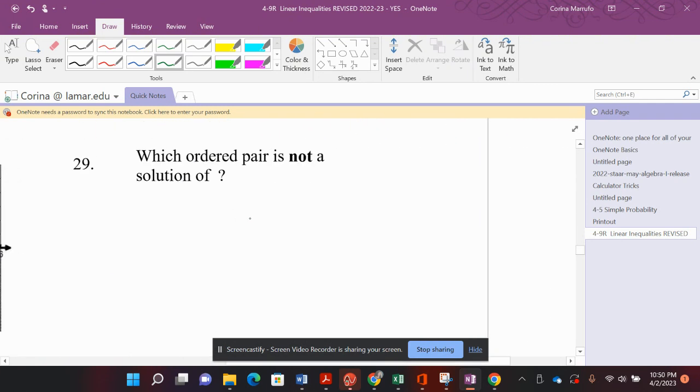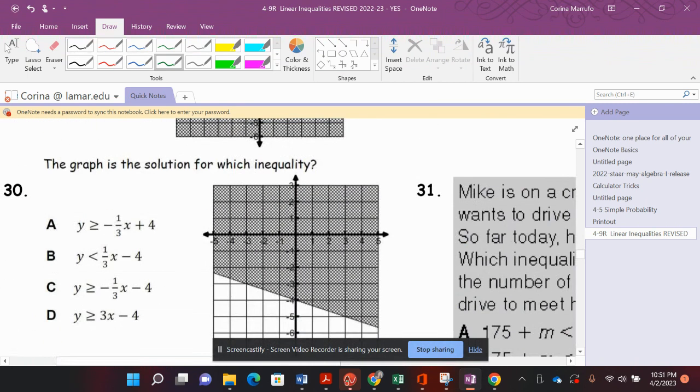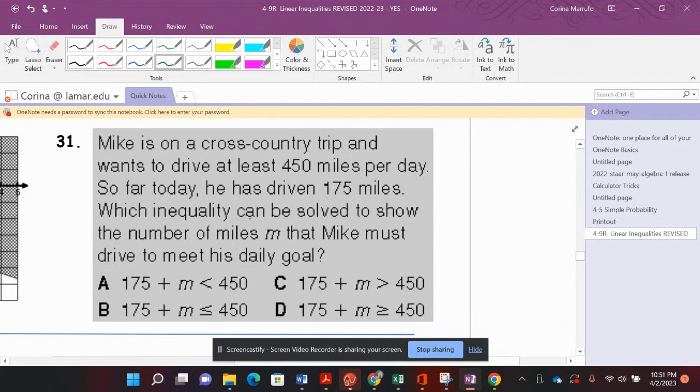All right, 28 is for you guys. Number 29, which ordered pair? Ooh, 29, I can't see the graph again. 30, let's do 31. Okay, Mike is on a cross-country trip and wants to drive at least 450 miles per